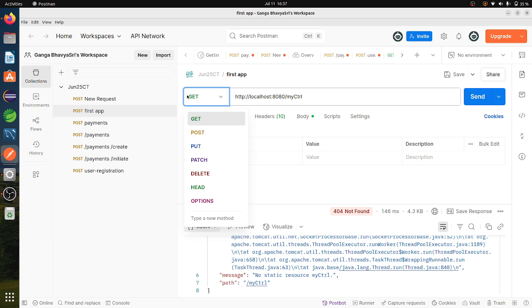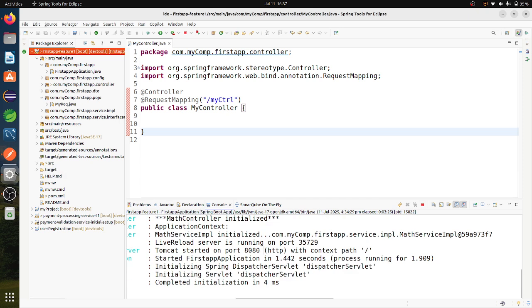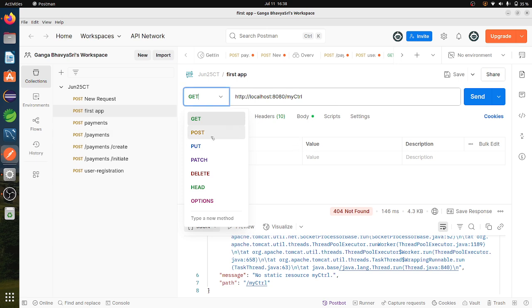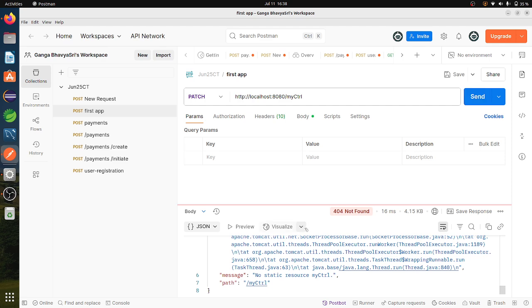Now I am passing this get one, but in my controller class, I haven't declared any method with get mapping. So that's why it is throwing an error. Even if I use any other one, it will throw me an error, because I am saying here go to this place and map it with the patch method, then print the result.